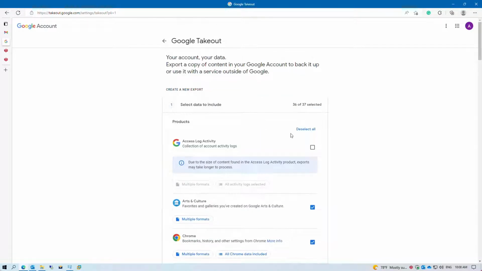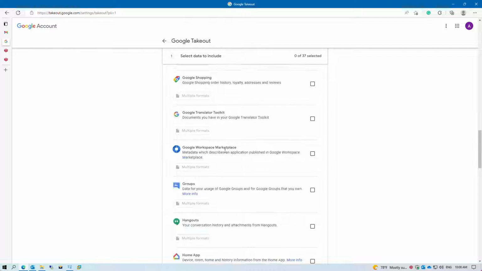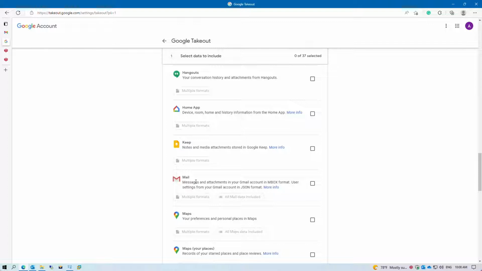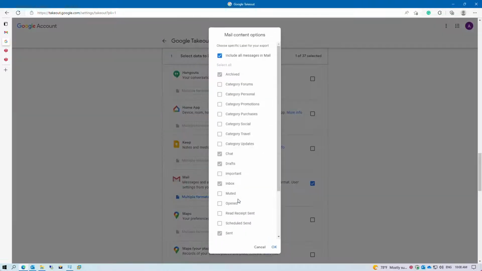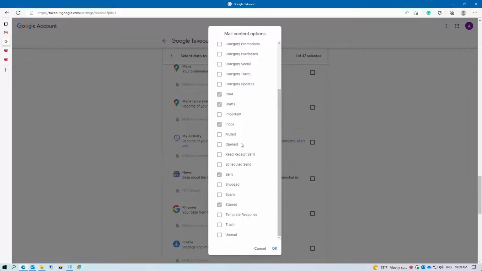Gmail account. We're gonna deselect all, as all we want is the email messages, and we're gonna go to the Gmail section, to the mail section, I'm sorry. So put a checkbox on it and it should ask you multiple formats, all mail data included. So we're gonna click on all mail data, include all messages in mail, and it gives you an option to check boxes. We want to make sure that we have